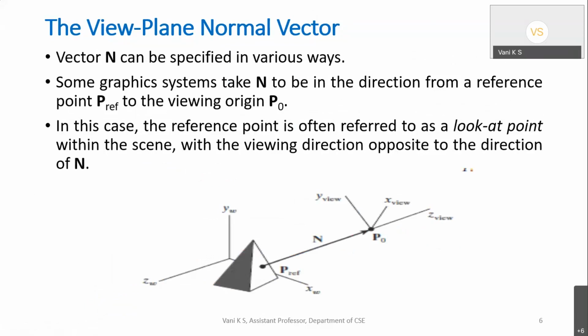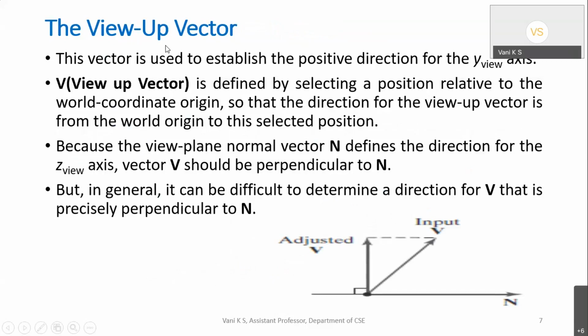Okay. Then one more thing is, after all these things, we require one more vector called the view up vector. So you understood what is view ref, that is from where are you looking, the eye position, camera position. What is a normal vector, you understood. A normal vector is nothing but any vector which is perpendicular to the view plane. And the view plane will be some axis, the XY plane I call as the view plane. So which is the vector perpendicular to the view plane now? The Z axis. So I am looking along the Z axis. My view axis is the Z axis.